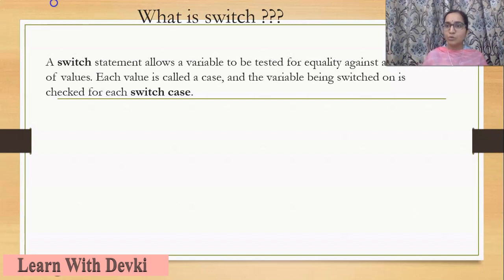Its value is evaluated, and this value will be checked over different cases. As in ladder if there are different conditions, here there are different cases. For every case there is some specified value. So if the value of the switch expression or variable is evaluated, this value will be checked over different cases. In every case, if the value matches with the value of the variable or expression, then that particular case will be executed only. Other cases will not be executed.